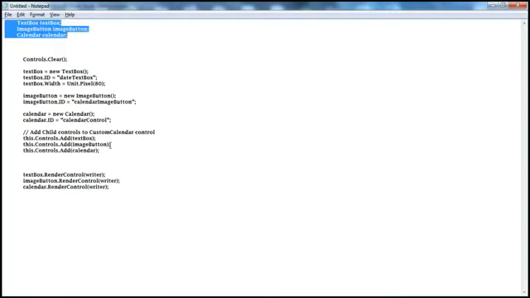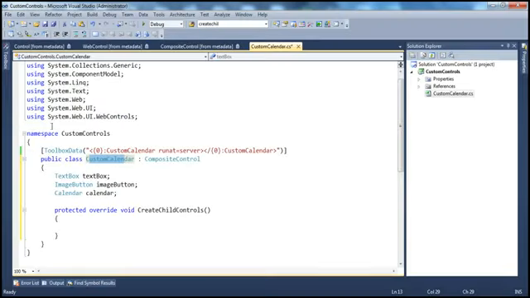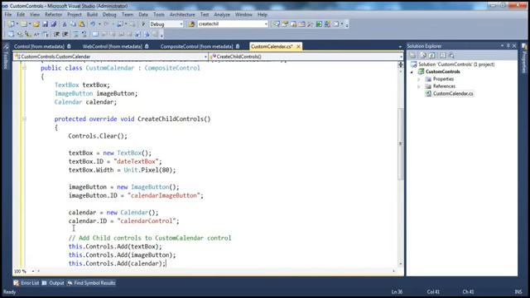Okay, and that's what this code is exactly doing here. So let me copy that just to save some time in typing and paste that here. So what's the first line here? The first line controls.clear, and if you look at the IntelliSense, what is it doing? Removes all controls from the current server controls control collection property. So remove any other controls, and then what we are doing, we are creating an instance of text box, giving